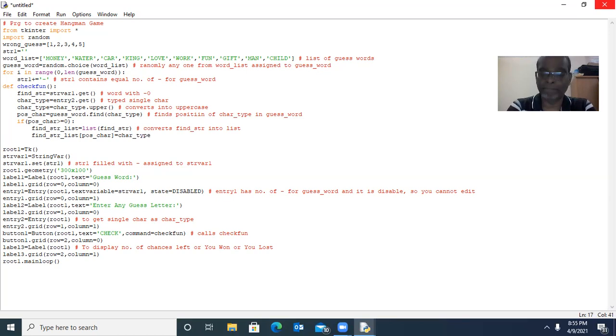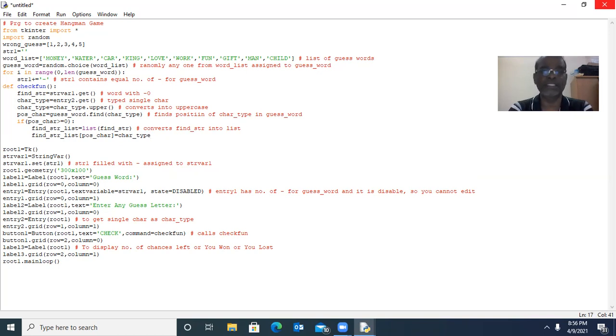So you know very well, string is immutable. Immutable means once created, you cannot change a single alphabet. That is why we convert the string into a list. A list is mutable. It can be updated in future. It can be extended. It can be shortened. So string is immutable. We cannot change a hyphen into C. That is why we change the string into a list.